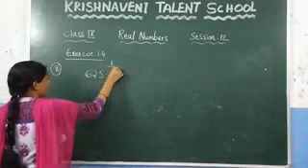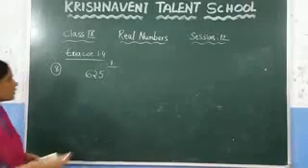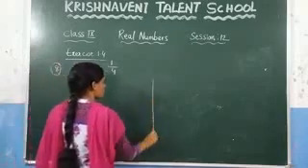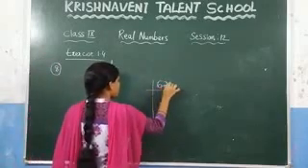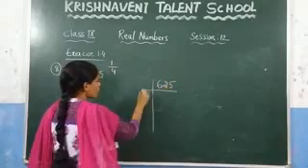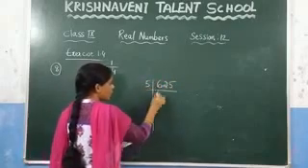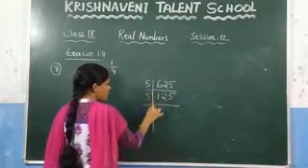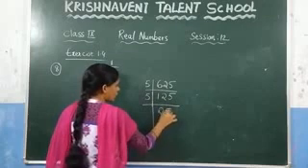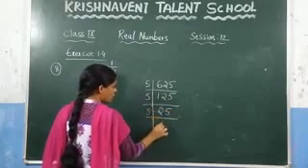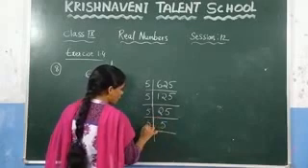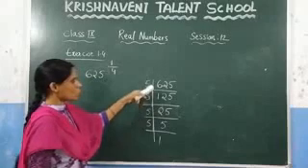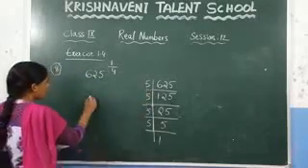Power 1 by 4. This is the next question given here. You need to find the prime factorization for this 625. You know that 625 is divisible by 5. 5 ones are 5 and 1 will remain. 5 twos are 10, 5 fives are 25. Again it is divisible by 5: 5 twos are 10 and 5 fives are 25. Again it is divisible by 5: 5 fives are 25 and 5 ones are 5. How many times is 5 repeating here? 1, 2, 3, 4. So we can write 625 as 5 power 4.